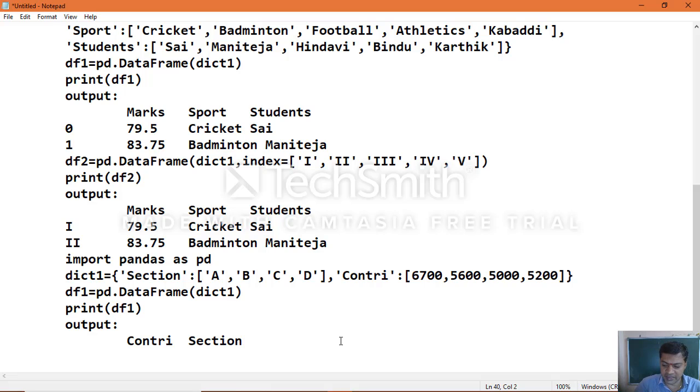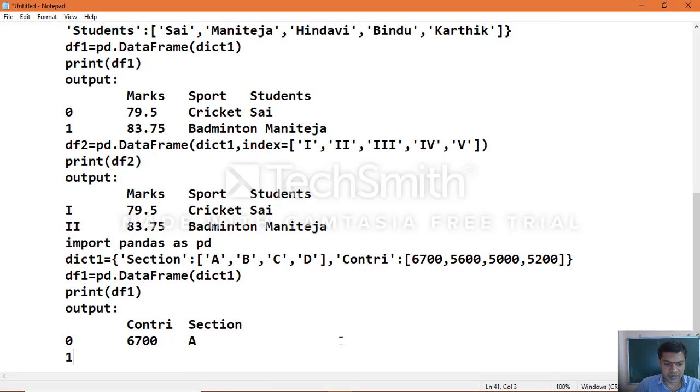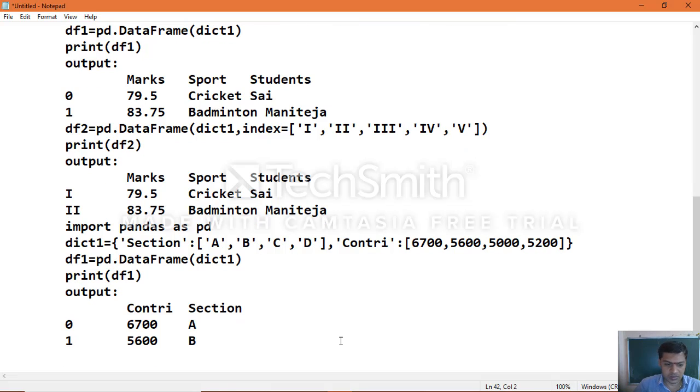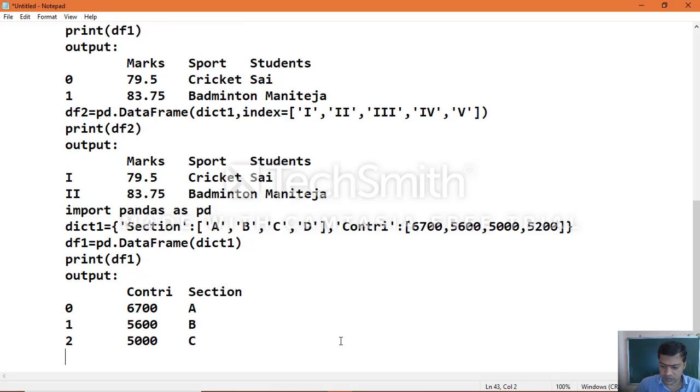And here also we didn't specify the index number, so by default the index numbers go along with the contribution amount and the section name, in the same manner throughout. This is how the output will display.